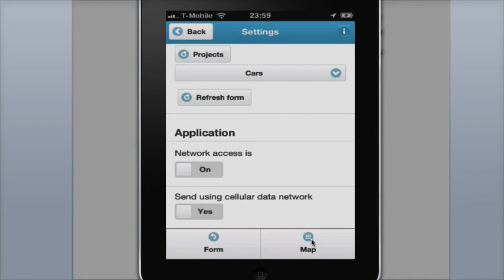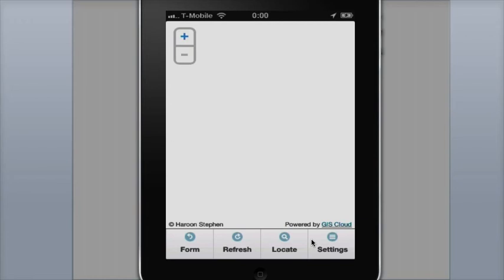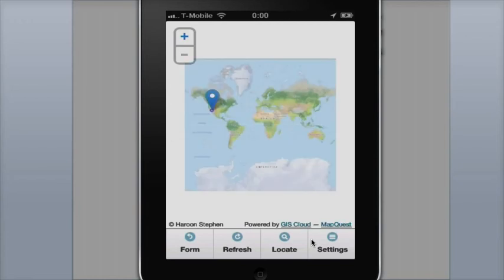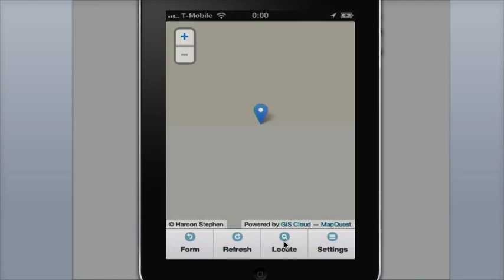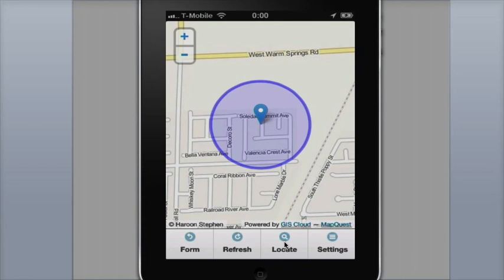Suppose, first of all, let's go to the map and see where we are. This will open and load the map, and you can always click the locate button to zoom into your current location. As you can see, this is where I am right now, my house, where I'm recording this from. Let's say I want to collect data. There's a car parked here and I need to collect its information. I can go to the form,